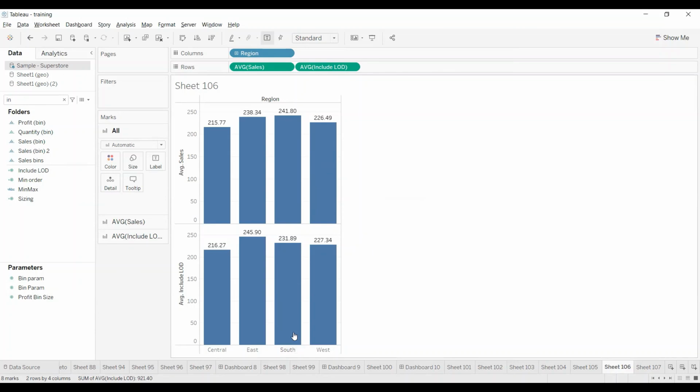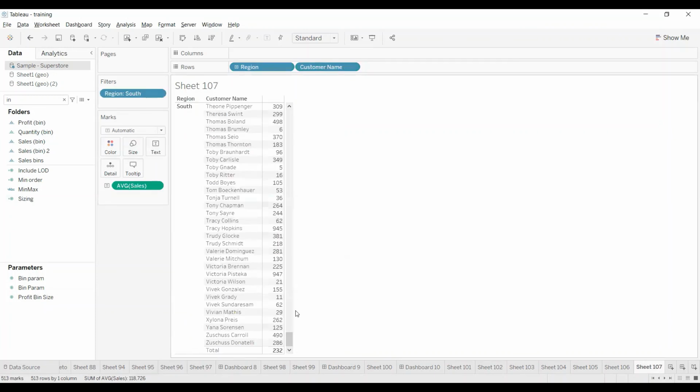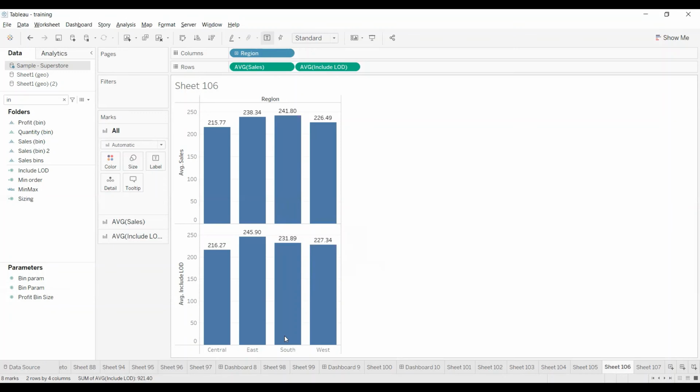For the south region it was 242, and in the south region with respect to the customer level, it was 232. This is called the include LOD. So here we wanted to achieve this number, and we got it through include LOD.